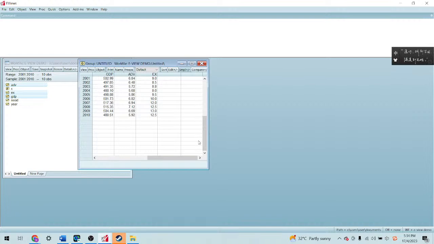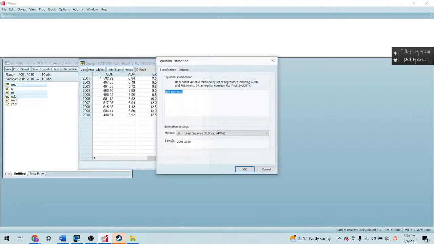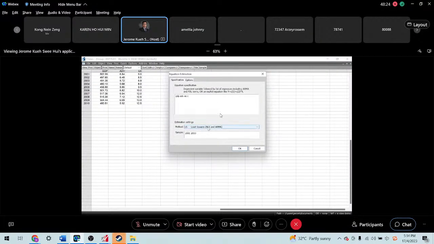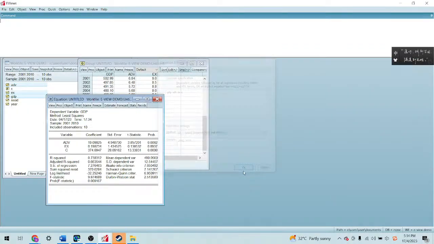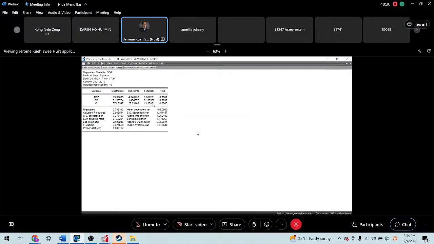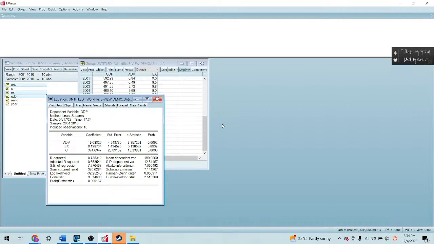You go to the Proc, Make Equation, and this is how it looks like. Normally by default, you will choose here the least squares. Okay, OK. So this is the result. This should be considered as multiple regression because you have two independent variables. Right? So this is how you can do the analysis.